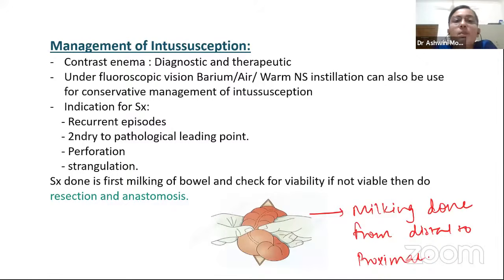But even after this conservative management, if the intussusception is not relieved, or if it is occurring recurrently, then we have to go for surgery. So indications for surgery are recurrent episodes, secondary to a pathological leading point, perforation and strangulation. Perforation and strangulation we have discussed already. The secondary leading point is important, because if there is a secondary leading point present and we are not removing the point which is causing it,